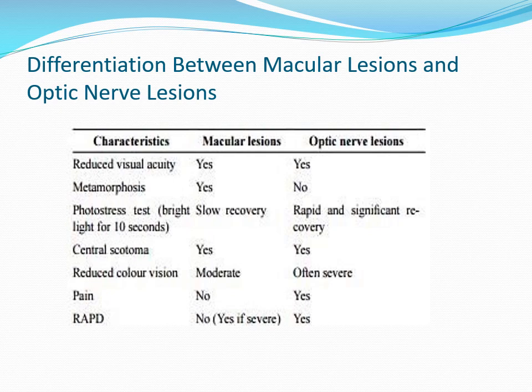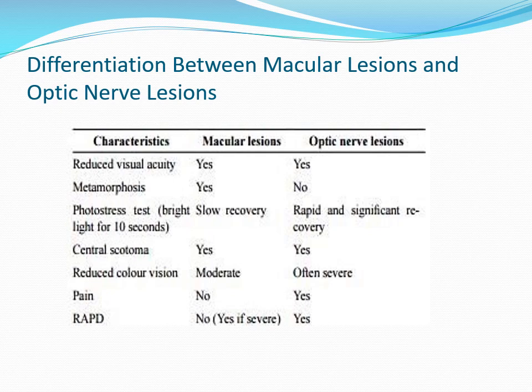Now macular lesions may mimic optic nerve lesions. How to differentiate? These are the characteristics. The reduced visual acuity may be a feature of both. Metamorphopsia, that is distorted objects, is seen mainly in macular lesions as compared to optic nerve. Photostress test. Read details about the photostress test. If you are bombarded with a load of light,